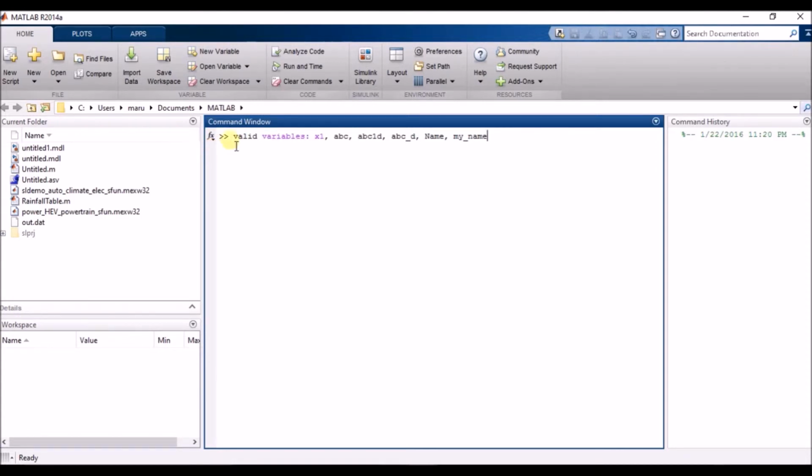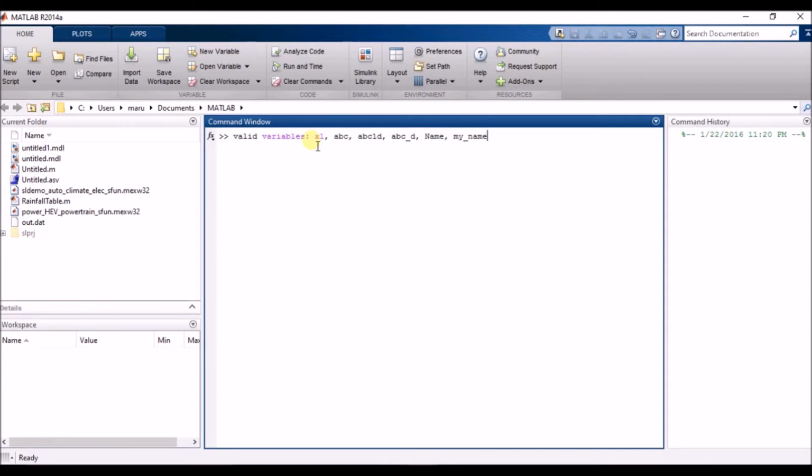Here you can see the variable must start only with a letter, not with a digit or a number. According to the rules we have to go this way. Variables may contain numbers, characters, that means letters, or underscores.